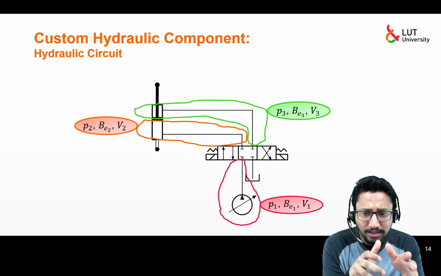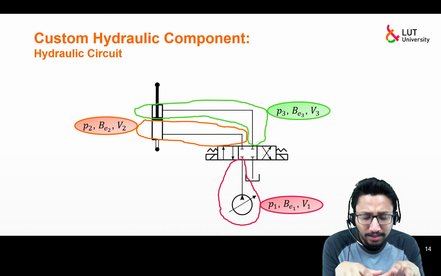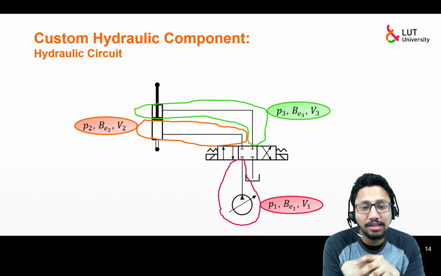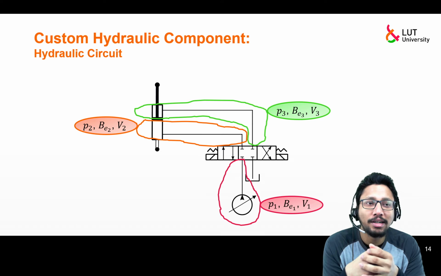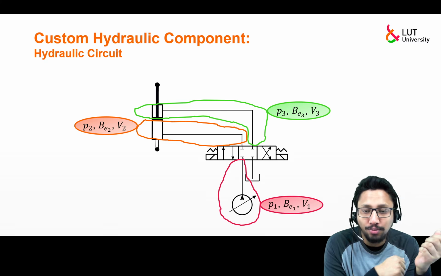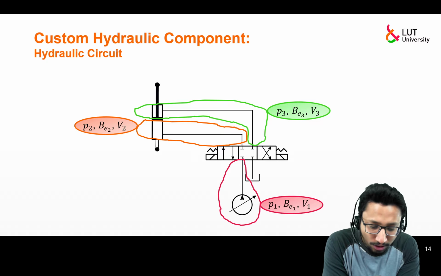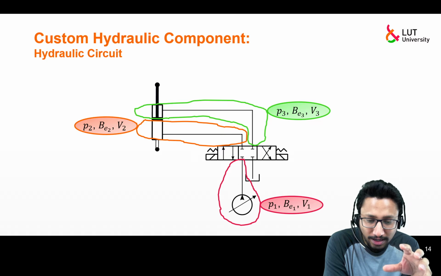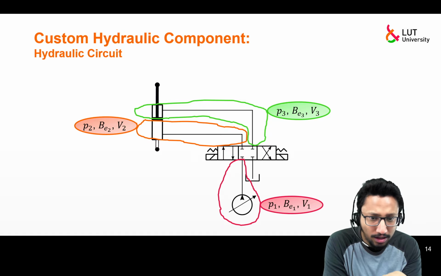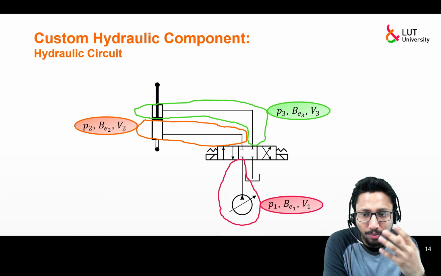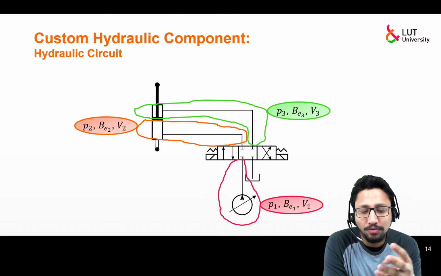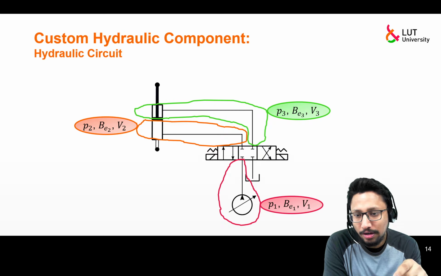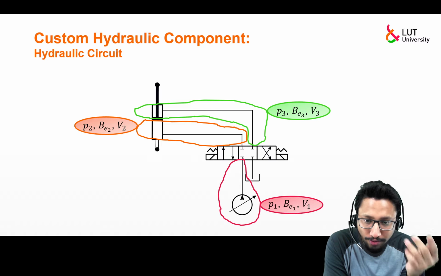And what does this theory say? In this theory, the entire hydraulic circuit is divided into discrete volumes. We also call them hydraulic control volumes. And then in that particular volume, there will be some associated pressure, some associated effective bulk modulus, and that's it. Then you will be able to define all the parameters, for example the flow rate, the pressure, the effective bulk modulus, and the volume.